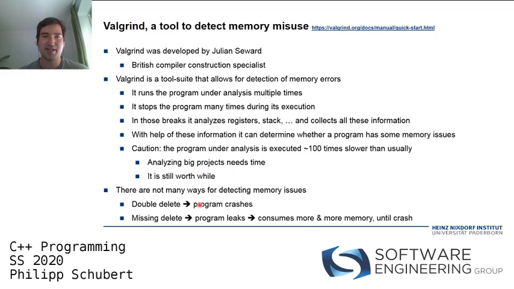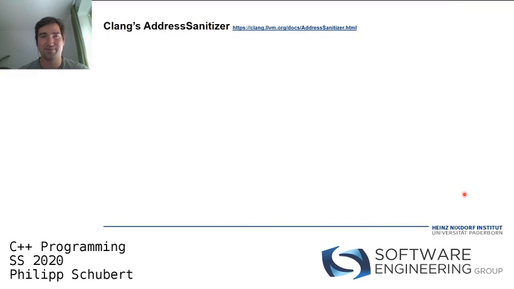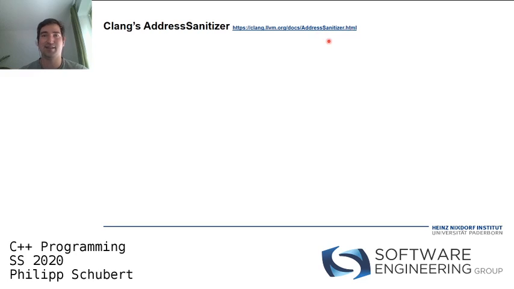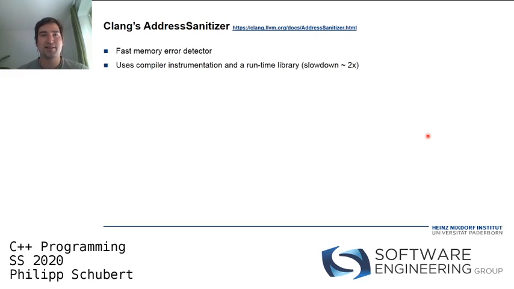So there are not many ways to detect memory issues, as I just told you. Another way, if you're using Clang and the LLVM infrastructure, is the so-called Clang address sanitizer, which you can also look up in detail using that link here. It's a fast memory error detector, and you can use both Valgrind and Clang and see how they perform. And the Clang address sanitizer uses compiler instrumentation and a runtime library, which again also come with some slowdown,